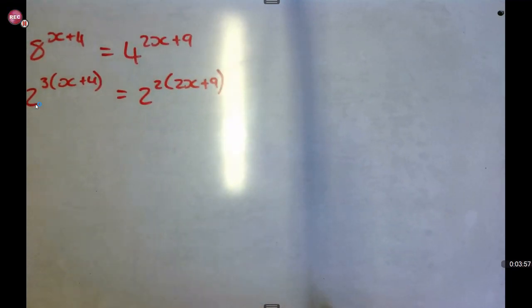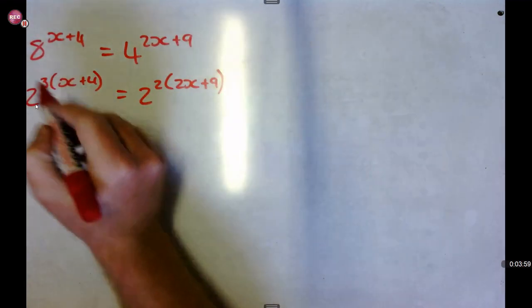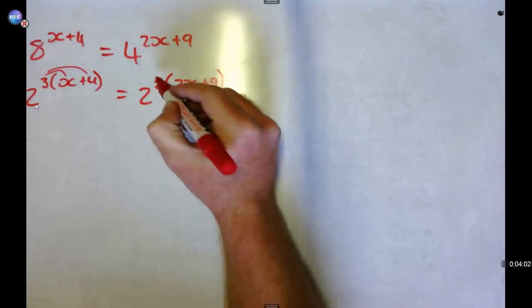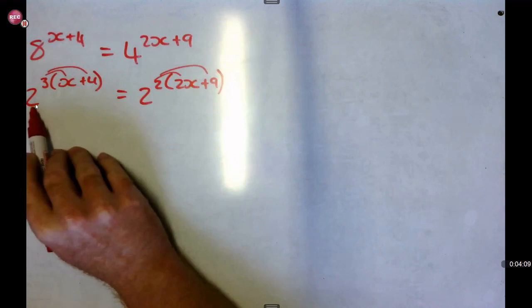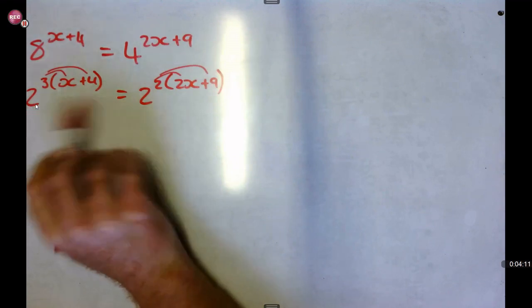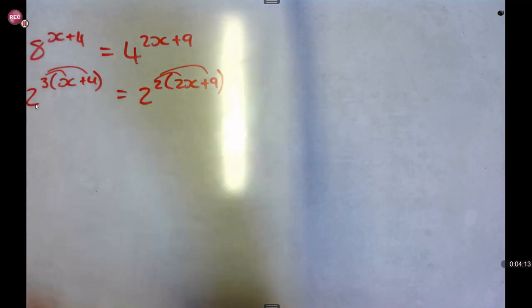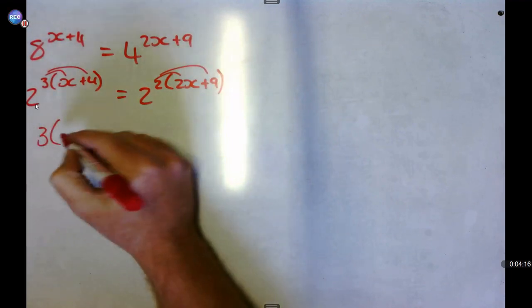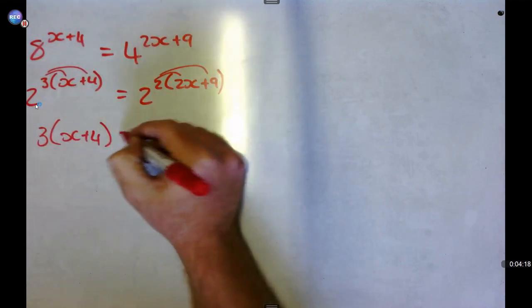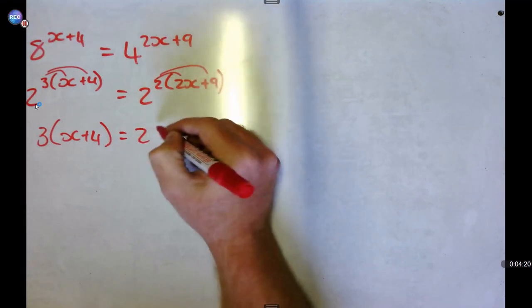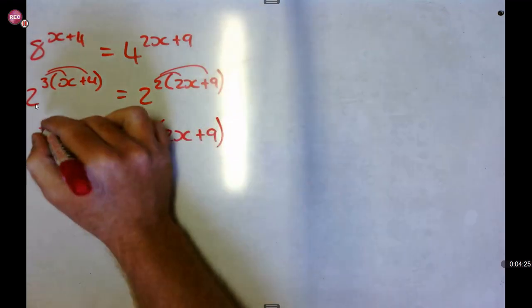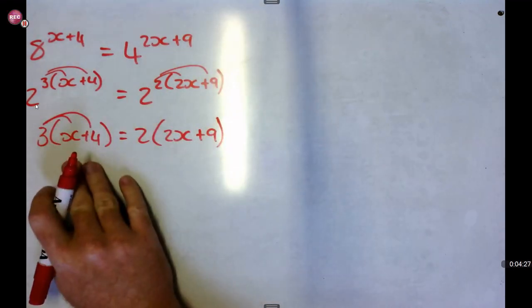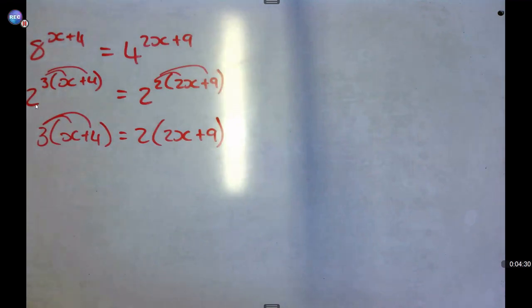There we go. Okay, so what we do now is we need to distribute the values on the outside. But before you do that, you need to drop the 2's, because both of them are the same. They get dropped and we work with the exponents that are left over. If you want to distribute at the top here, it should be fine. Shouldn't be a problem. You should still get the same answer. But I prefer to distribute once I've dropped the two bases that are the same.